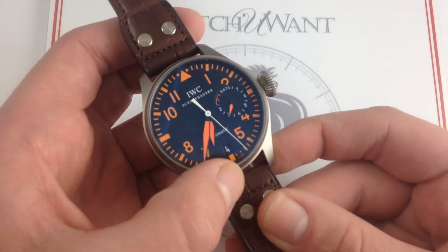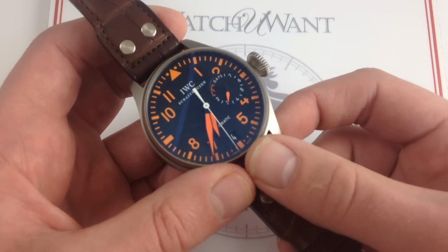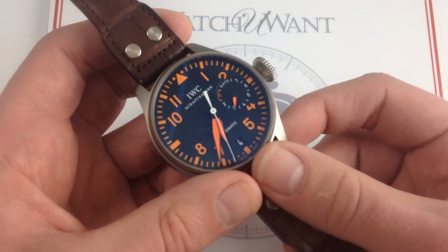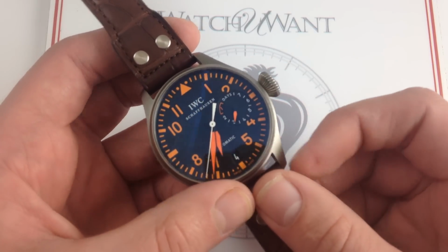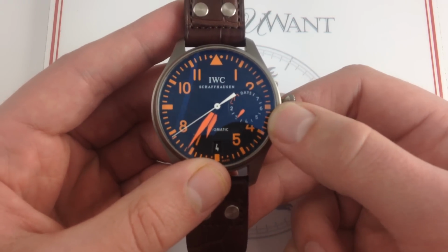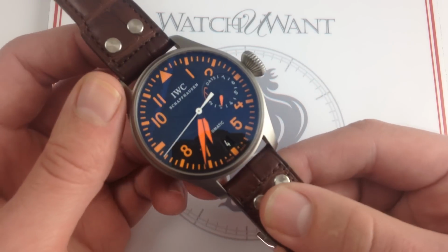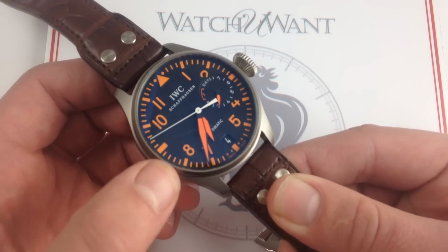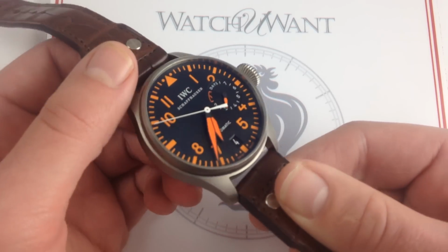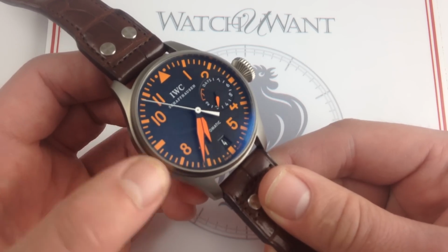Because this is a 5004, not a 5002, you have the monotone date wheel discreetly hidden at 6. It's one of those elements that's functionally there when you look for it, but otherwise blends into the whole. Now it does feature a 7-day power reserve with a radial 7-day power reserve gauge, and that gives you some insight into the complexity that lies beneath the deceptively simple dial of this watch, because within lies IWC's 51110 caliber